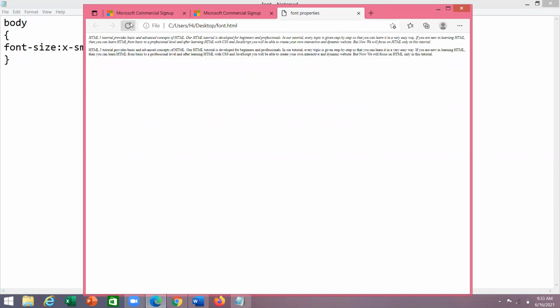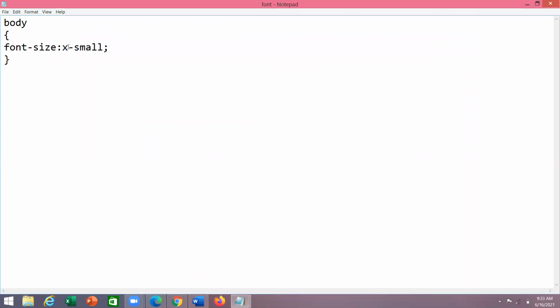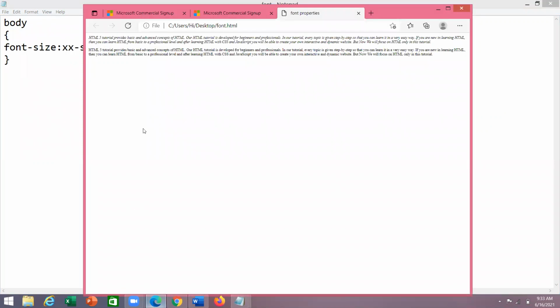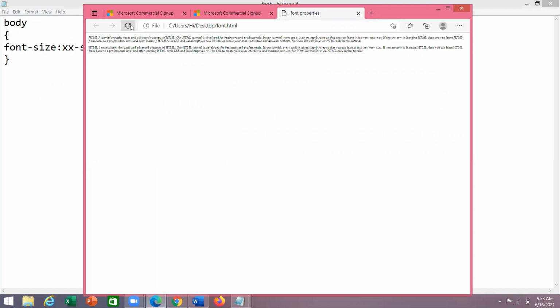It's very small. Double x-small is smaller than x-small. For example, here I'm taking double x-small. I'm saving the document and opening the browser and refreshing. Small means it reduces the actual size.